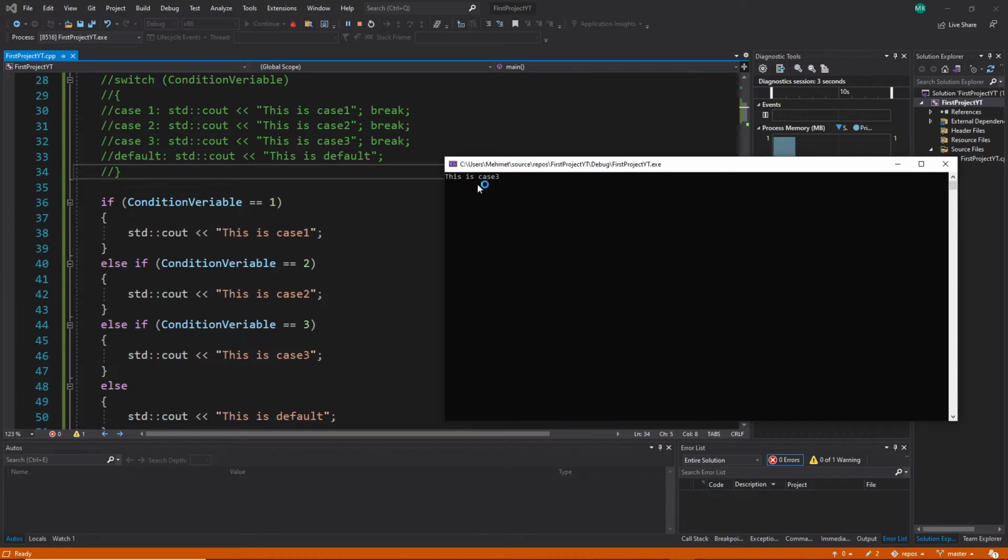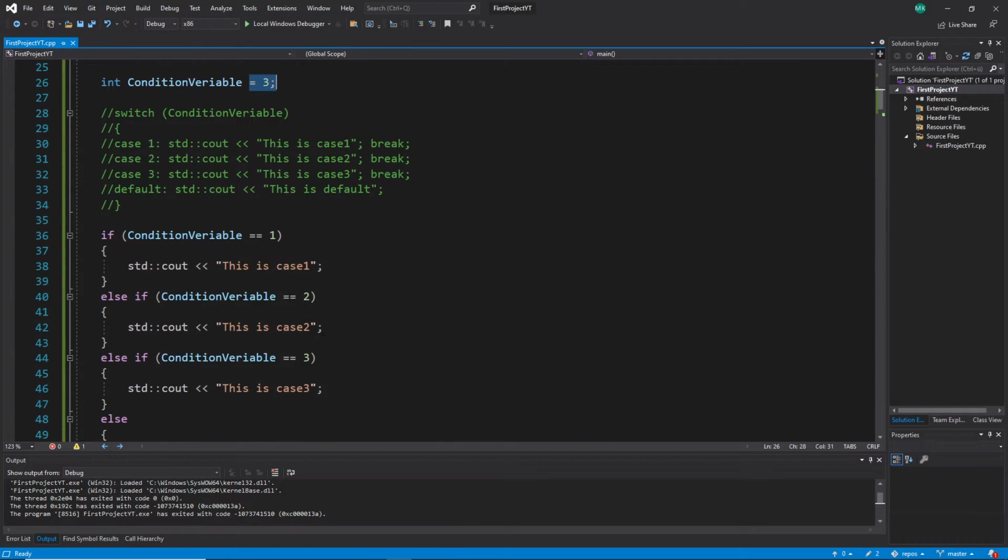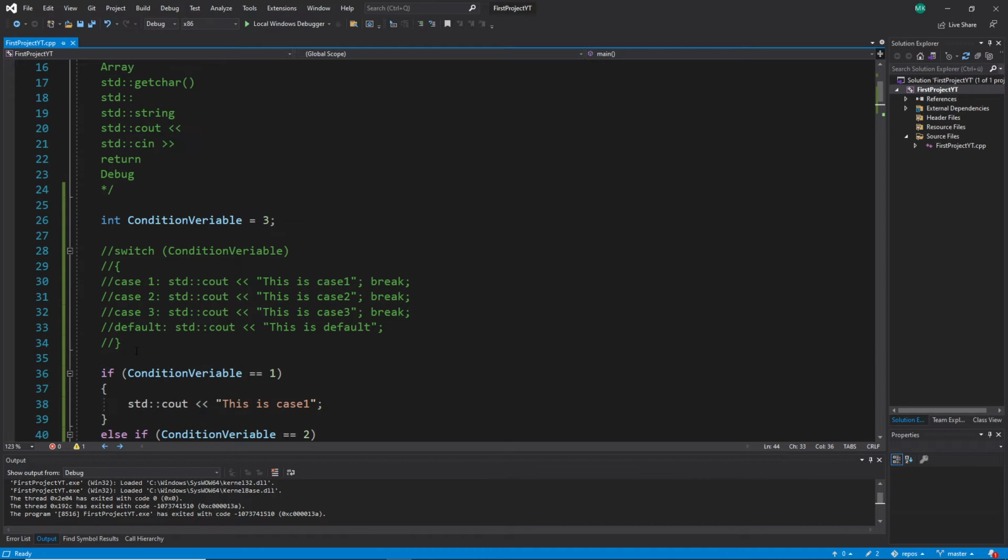It says this is case 3, so we should have the number 3 here. Yes, we have, and number 3 is doing it. So you see, converting this to an if statement is easy, and the special case where it should run the other ones is easily possible too. But we go on now with our